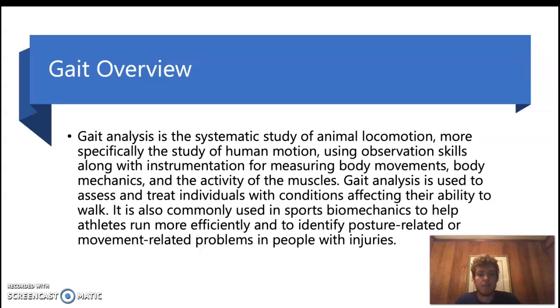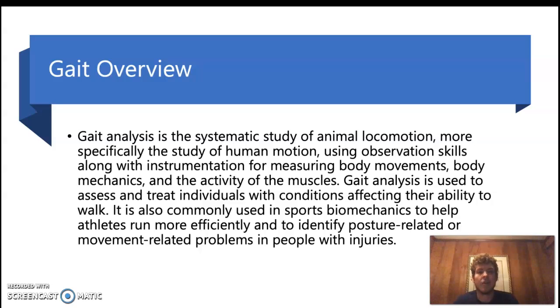So gait analysis is used to assess and treat individuals with conditions affecting their ability to walk. You see toddlers and young age children do not quite understand or don't have the capabilities of walking like people in adulthood, where they move efficiently and most optimally for their bodies and how they have naturally developed. But